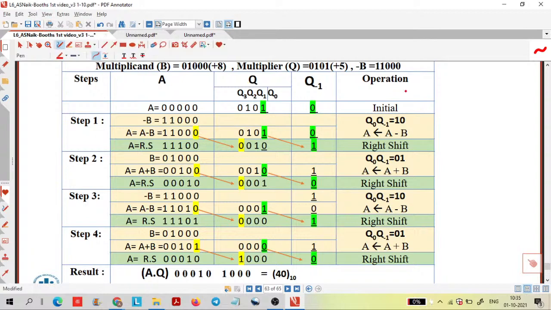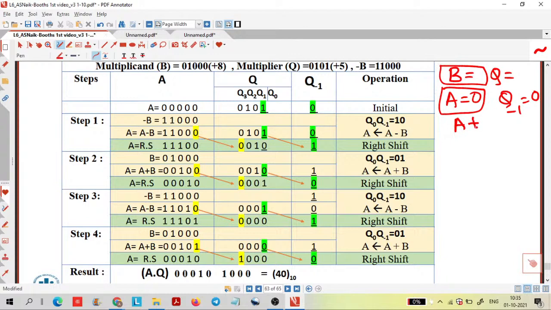यस, एनी डाउट हियर, अभी इसमें आपको क्या क्या याद रखना है, पहला तो मल्टीप्लिकेंड B में डालते हो, मल्टीप्लायर Q में डालते हो, Q-1 इनिशियली 0, अकुमुलेटर इनिशियली 0, साइज इट डिपेंड अपॉन क्या, मल्टीप्लिकेंड, क्योंकि यू आर परफॉर्मिंग A प्लस B, A माइनस B ऑपरेशंस, ओके। तो ये B का सपोज 20 बिट रहा तो A का भी 20 बिट, ओके। देन ये कितने स्टेप्स करना है, there are 4 steps, so these 4 steps depend on